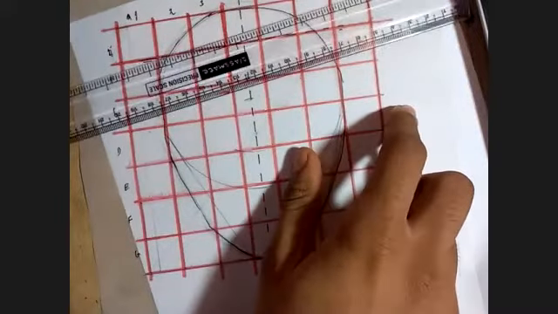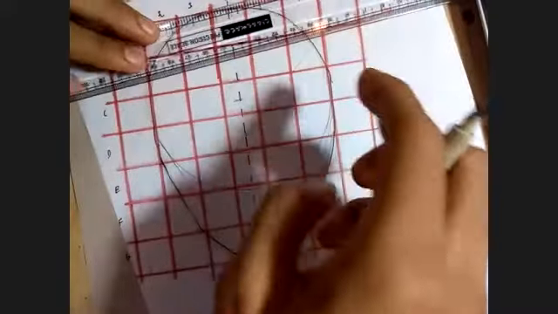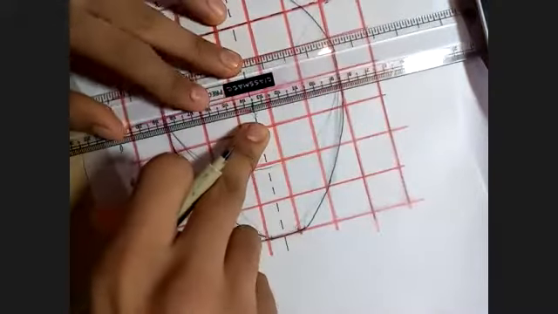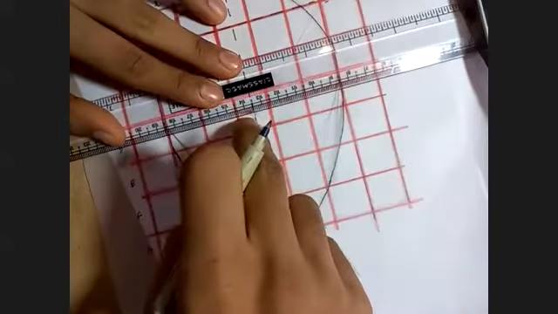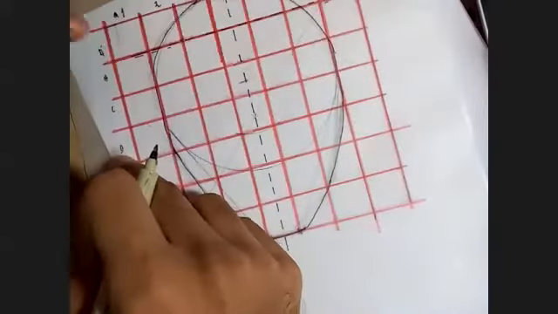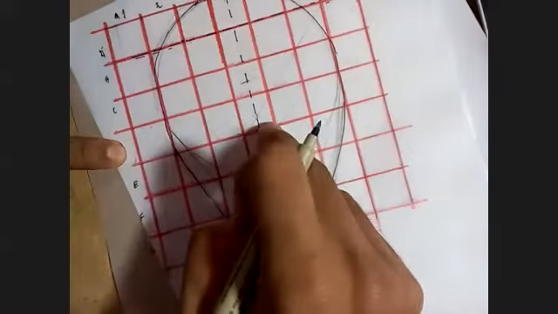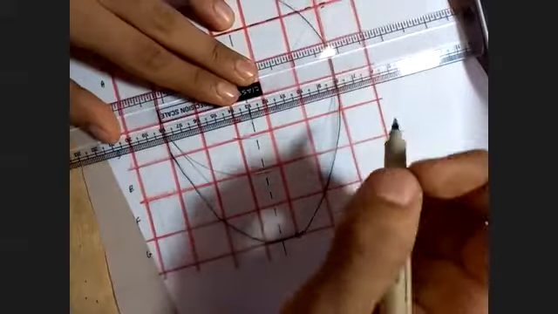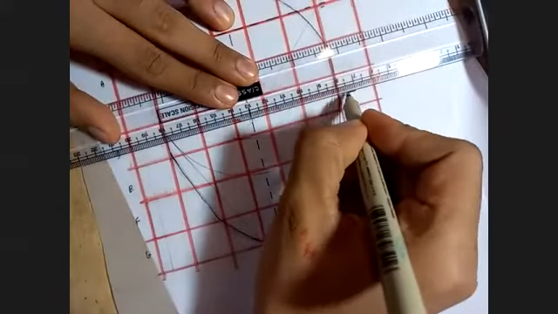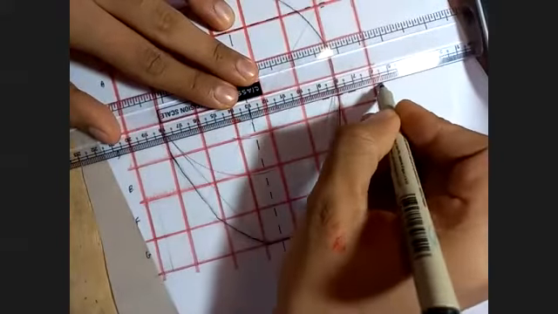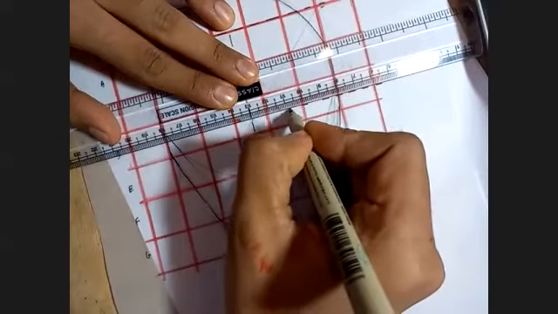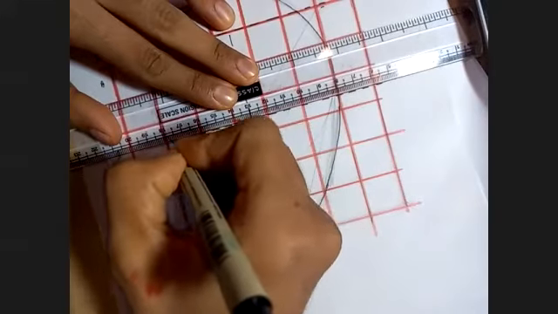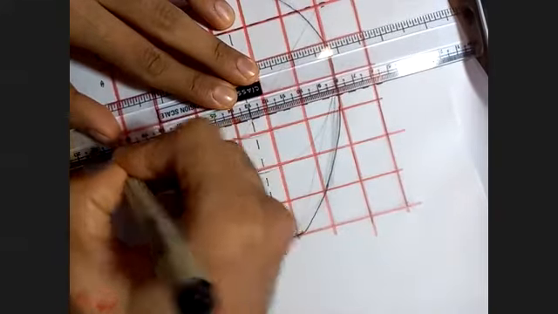Next, you are going to locate the center of this entire thing along the center, which is D. Along this D row, you are going to draw another horizontal dotted line. We can even extend this outside of this grid, no problem. The point is it has to go along the center this way.